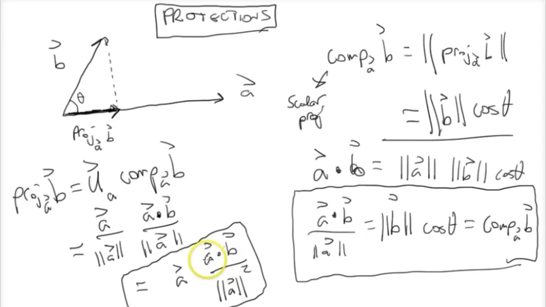And so this will end up being a vector because this is just some scalar multiplication. This whole thing right here is just going to be a number. That's a scalar, and we're multiplying it by a vector. So